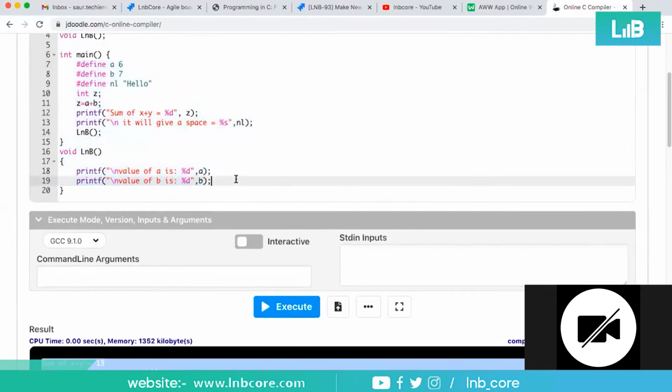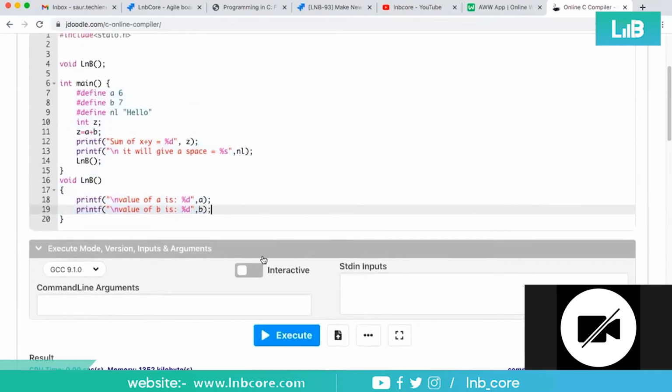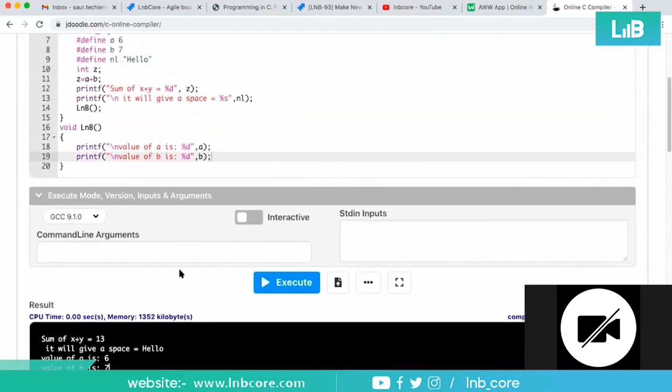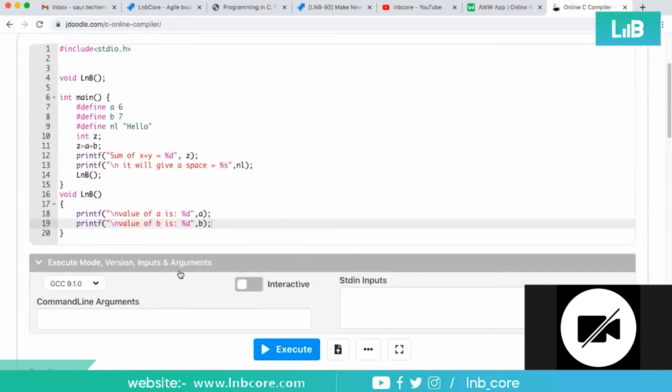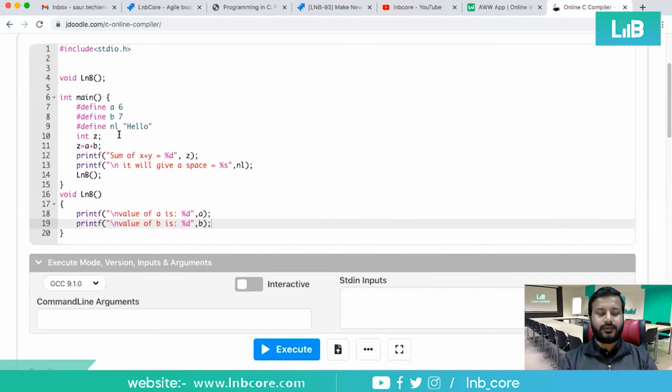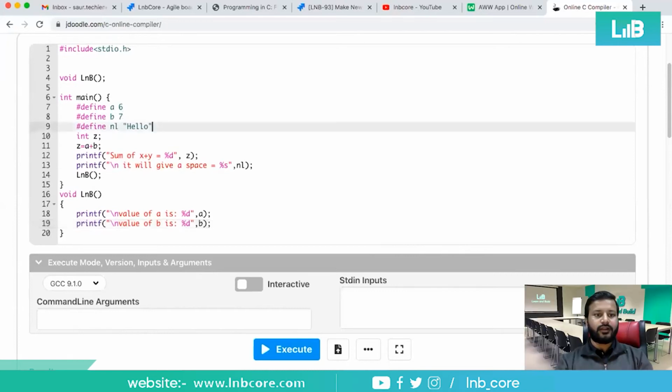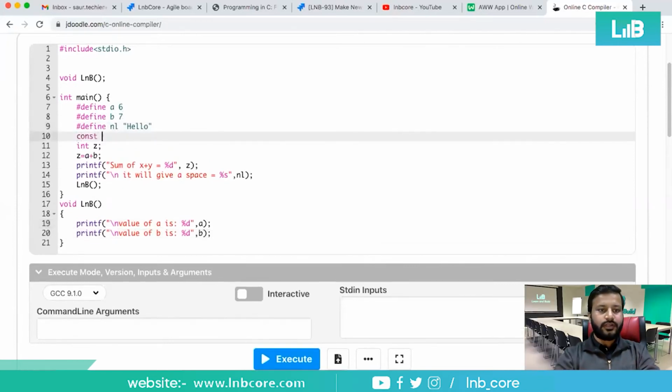Yes, please. Doubt, sir. Sir, please, let me ask: if you use constant int a is equal to 6 and constant int b is equal to 0, and if you perform c is equal to a plus b, then what answer will you get, sir? Just wait. Let me write it. Constant int a is equal to 6.